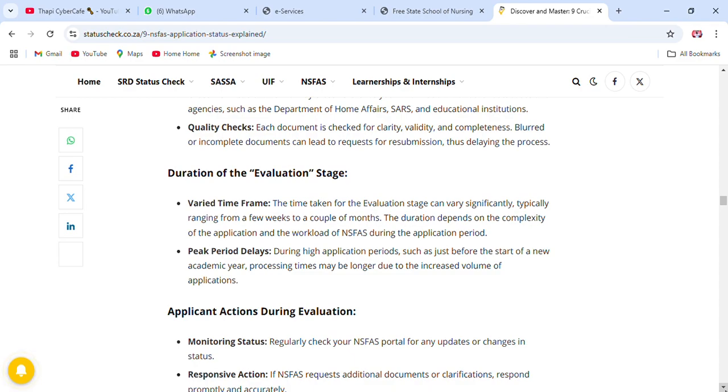Varied time frame. The time taken from the evaluation stage can vary significantly, typically ranging from a few weeks to a couple of months. The duration depends on the complexity of the application and the workload of NSFAS during the application period. Peak period delays: during higher application periods, such as just before the start of a new academic year, processing times may be longer due to the increased volume of